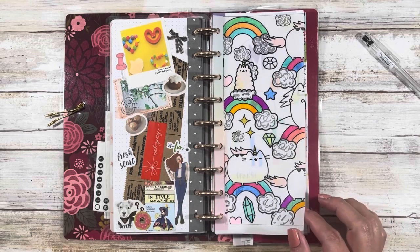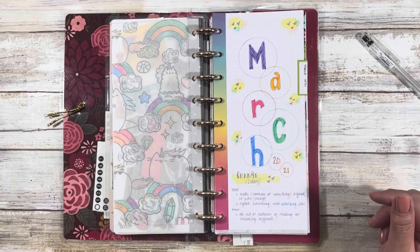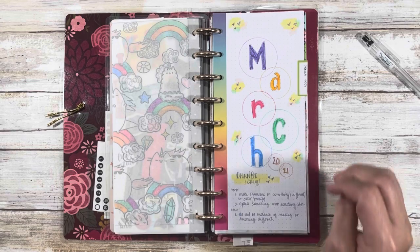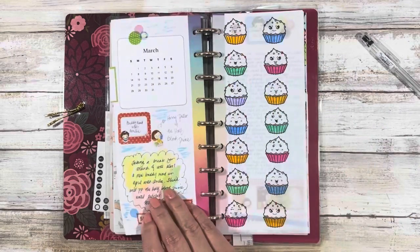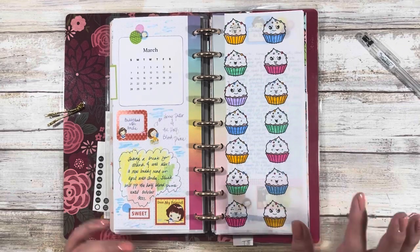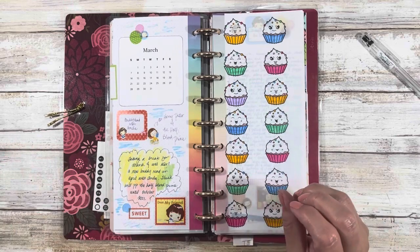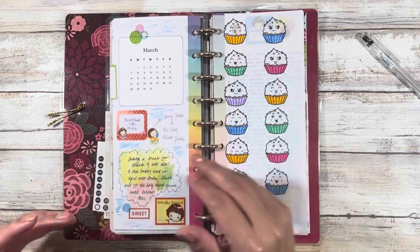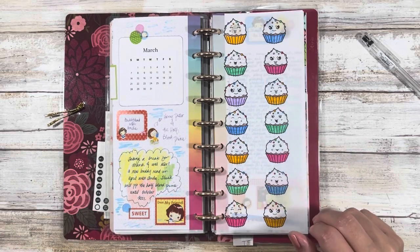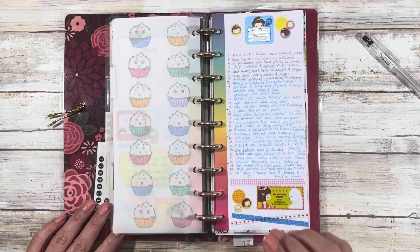And then going into March, because of some happy mail that I received, that kind of dictated the theme for that. The word of March was change. And this definitely was a departure for me because if you were to go by late 2020 through the beginning of 2021, I love the neutrals and the burgundies and things like that. So going with full-on rainbow colors like this isn't usually what I would choose. But because